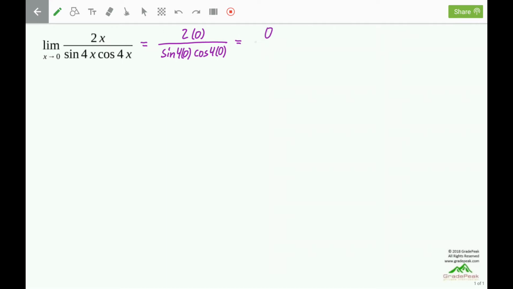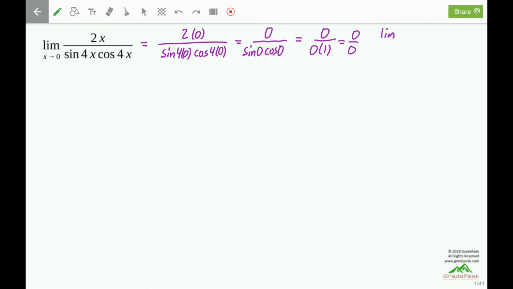2 times 0 is 0. 4 times 0 is 0. So we have 0 over the sine of 0, which is 0, and the cosine of 0, which is 1. And we end up with the 0 over 0 indeterminate form due to trig functions and power functions,